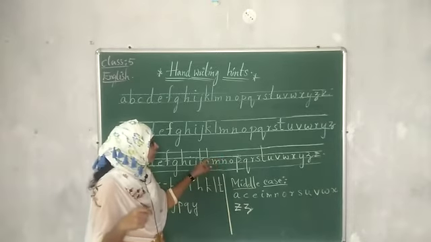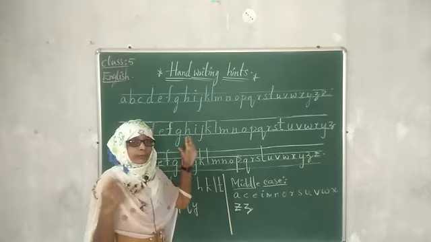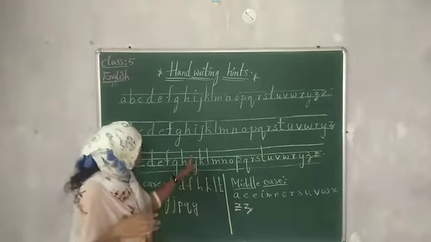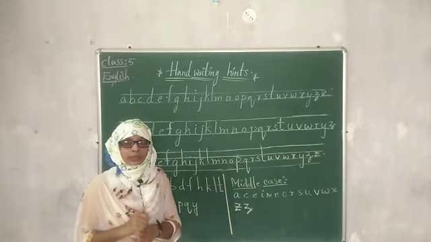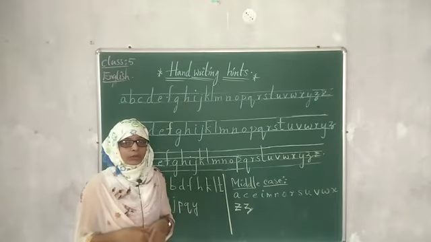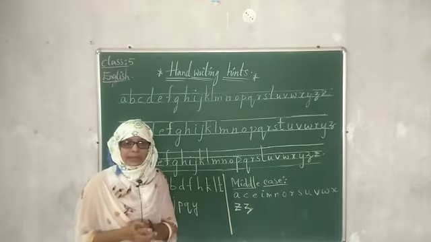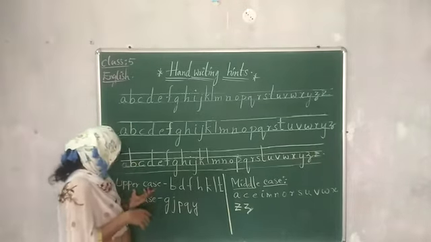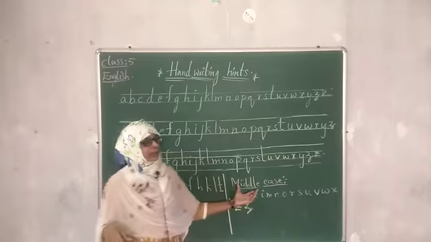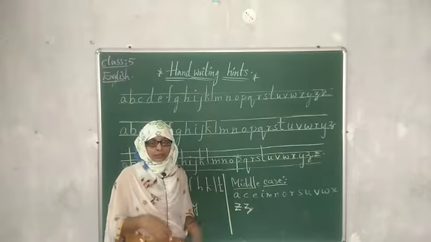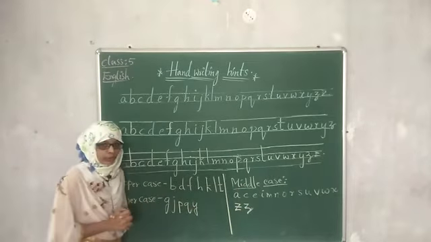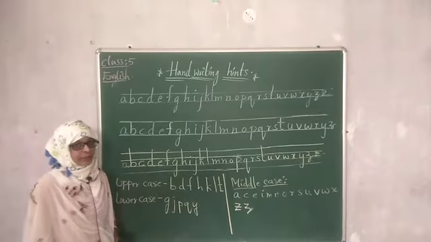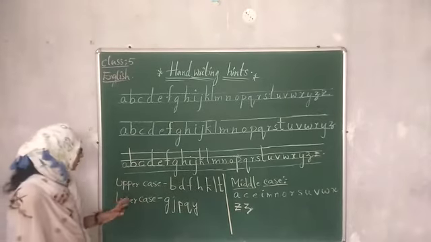the line. I mean, you have to follow the rules of writing in double rule, single rule and in these broad rules. Okay, so let us first get to know about letters. Everybody knows alphabets, and in those alphabets we have uppercase letters, lowercase letters and middle case letters. So you need to learn about this first. What are those uppercase, lowercase and middle case letters? Let us see what is that.